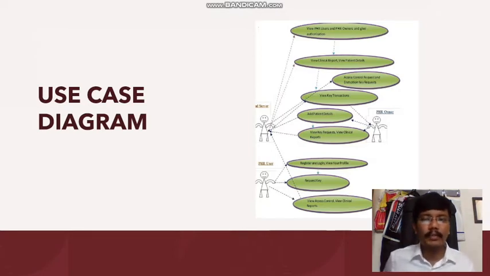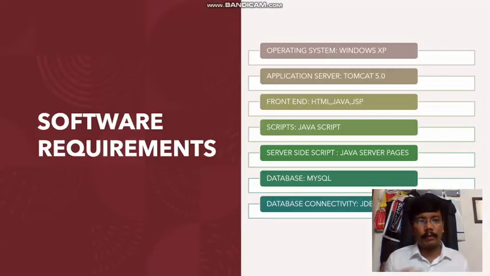Basically, this is my use case diagram which shows you the complete picture of my project. That's the reason I map the cloud server to the particular thing, the PHR owner to the particular thing, and the PHR user to the particular thing, and what all actions they can do. This figure depicts that.